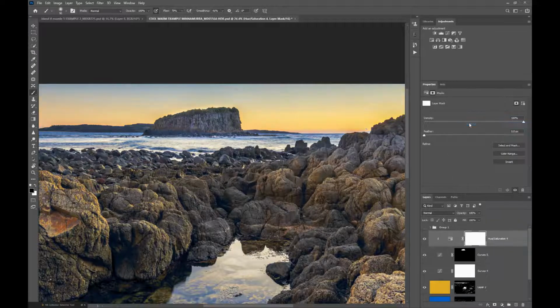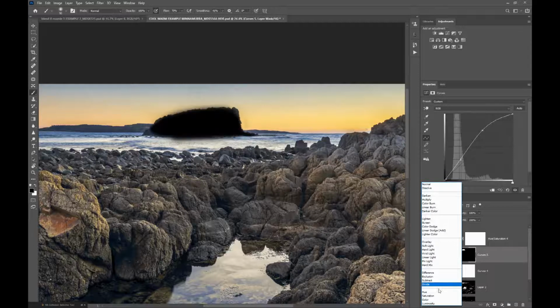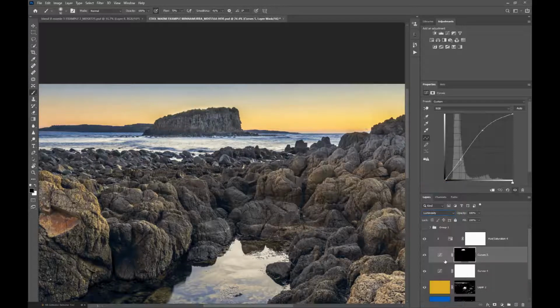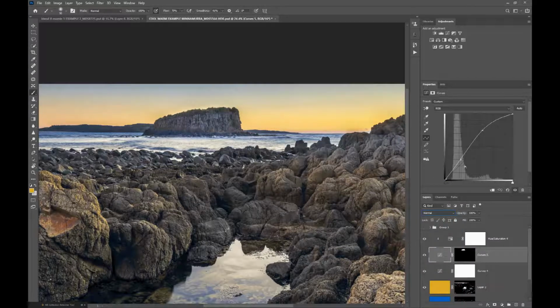Now a clipping mask restricts the effect of the adjustment to what's on the layer below. So you'll see now when I add that extra saturation, it's now picking up what's on this island. The problem you have to be careful with though is if I've changed my blend mode on my curves adjustment to say luminosity, and because hue saturation doesn't have anything to do with luminosity, the adjustment's going to have virtually no effect. So you need to make sure that the blend mode remains the same on these two,